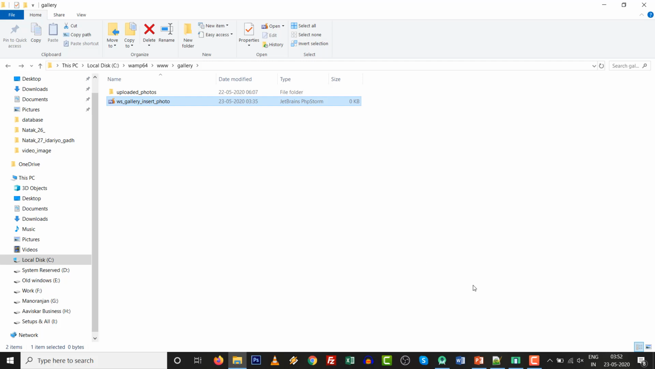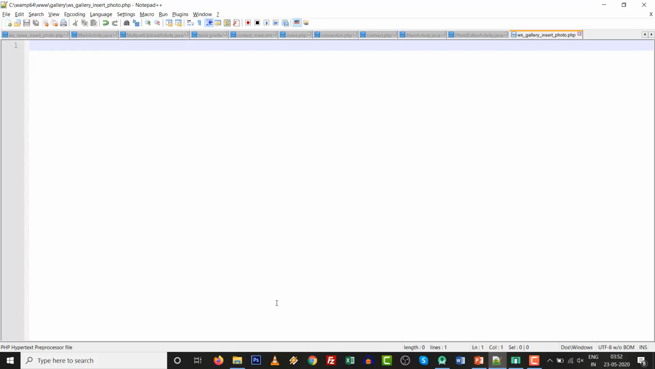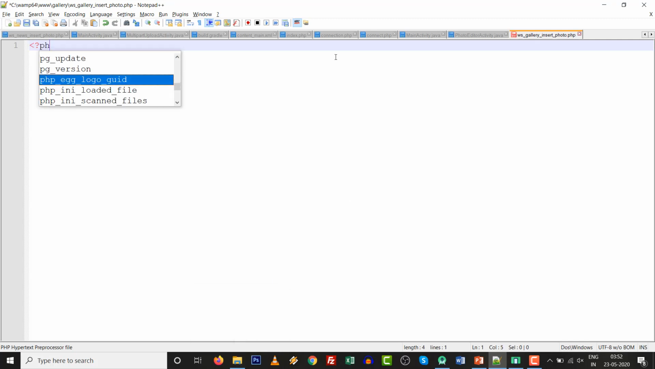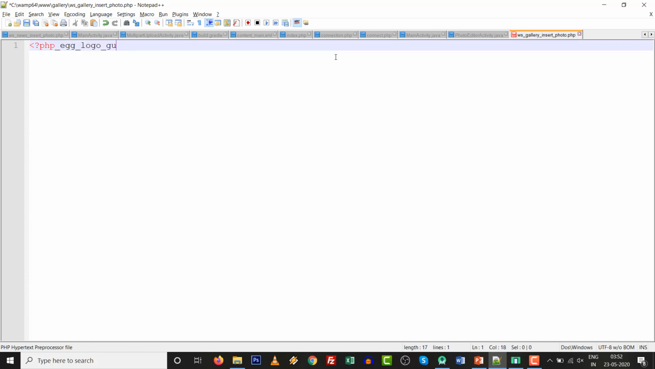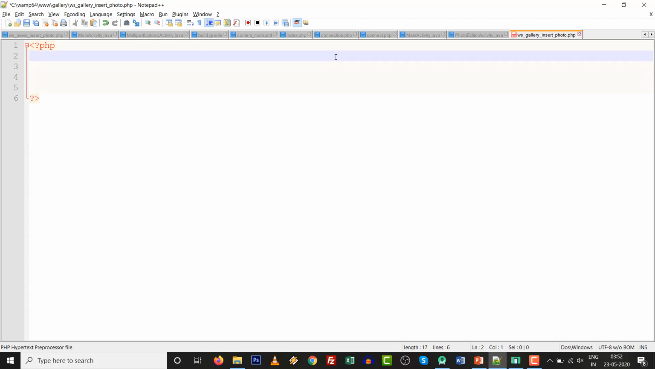We just need to make that PHP file. So right now we are writing the code of that PHP file for PHP developers. So less than question mark php, just the end of the PHP code. After that